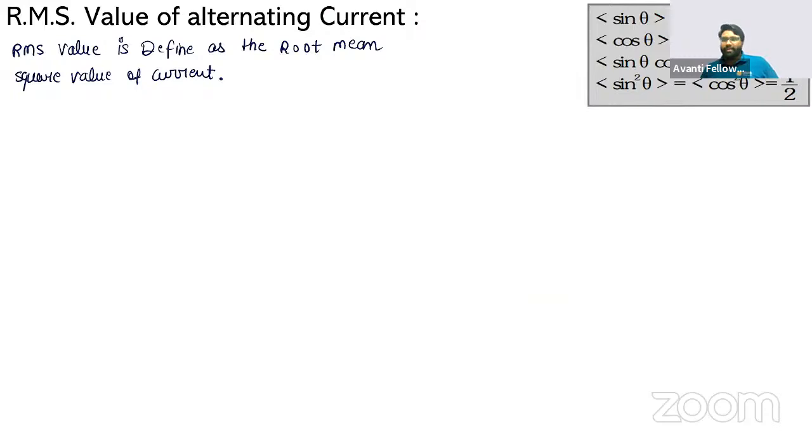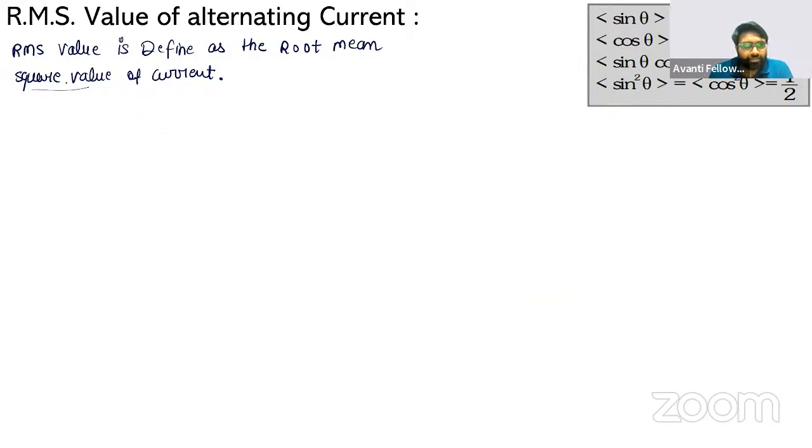Okay, clear? Which means whatever the value of current you have, you firstly square that value, then you have to take the mean of square values. ठीक है. आपके पास जो भी वैल्यू है उसका क्या करेंगे, सबसे पहले स्क्वायर लेंगे, फिर मीन ऑफ स्क्वायर एंड देन टेक द स्क्वायर रूट ऑफ। क्लियर,